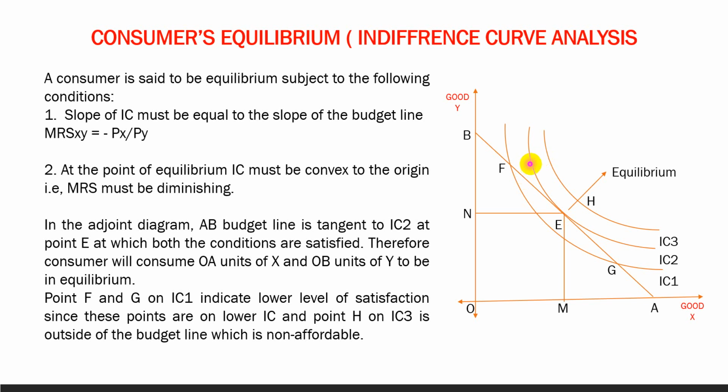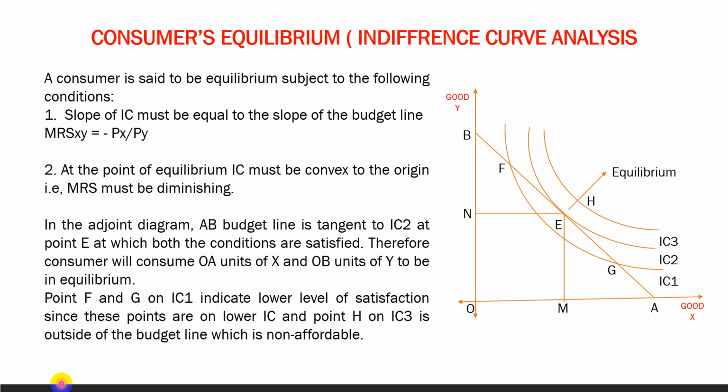So in this situation, the slope of the indifference curve is greater than the slope of the budget line. The budget line slope is constant: if it is 2 at this level, it will also be 2 at this level, and 2 at this level. At every level on the budget line the slope is constant, but the slope of the indifference curve is diminishing, it decreases. If it is 4 here, then it will be 2, and here it will be 1. It is diminishing.